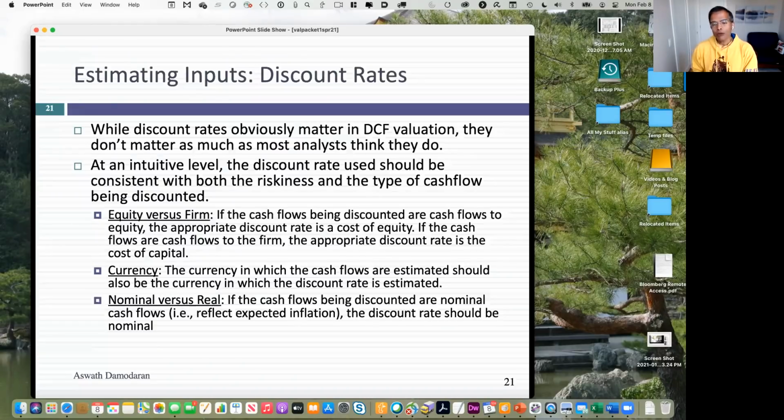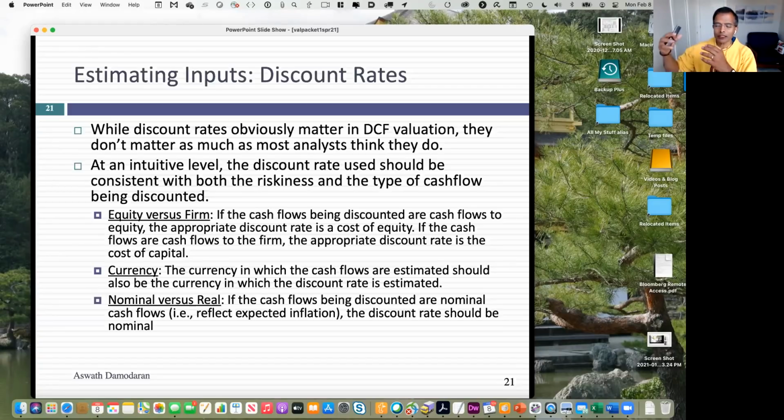So let's start with discount rates. Are discount rates an integral part of discounted cash flow valuation? Of course, it says discounted cash flow valuation. That said, though, I think we spend far too much time on discount rates and too little time on cash flows. And I'll come back and back up the statement, because if you look at a typical DCF valuation that